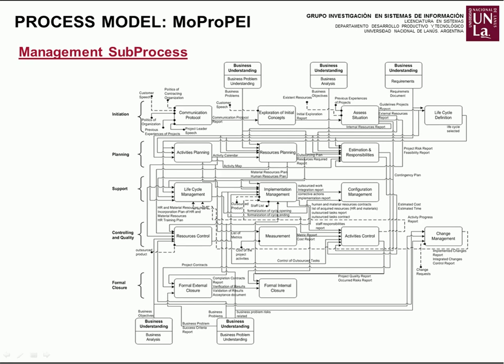The phase of controlling and quality involves 4 activities oriented to improve the maturity of the project and its products, and keeps tracking of all the elements required to complete successfully the project. Resources control, whose aim is verifying the accomplishment of the planning made regarding the incorporation of resource, material, products, and human. Measurement quantifies elements of interest for the project analysis, using as input the metric list and the cost of